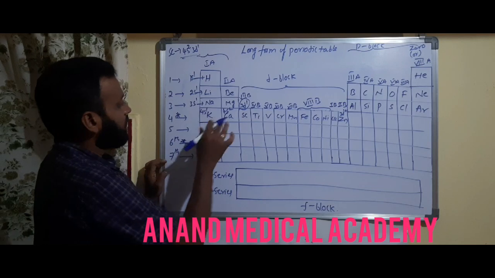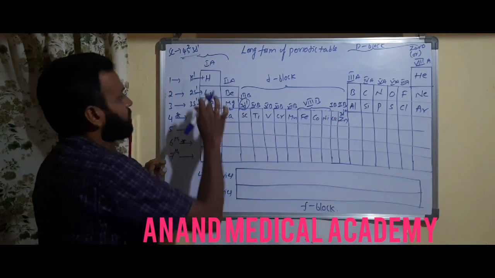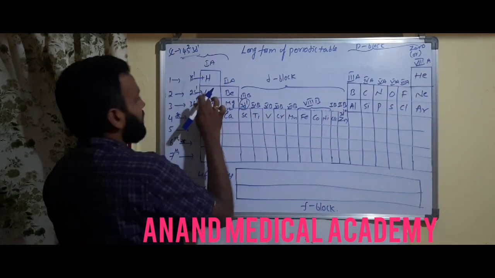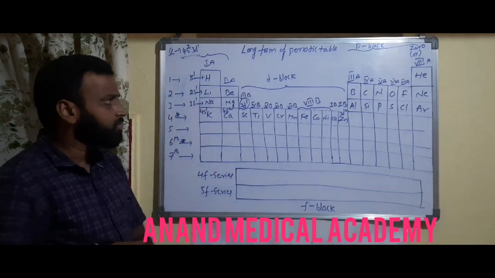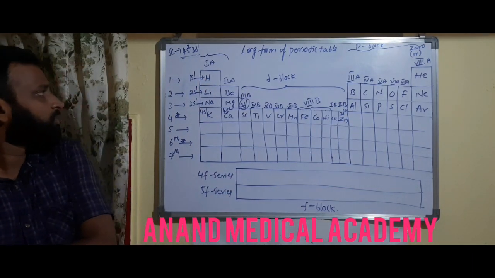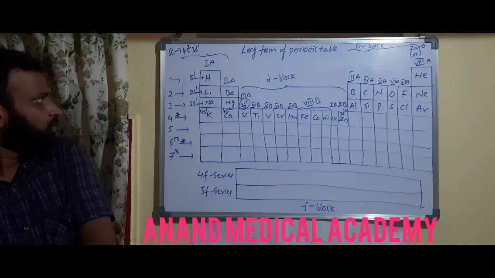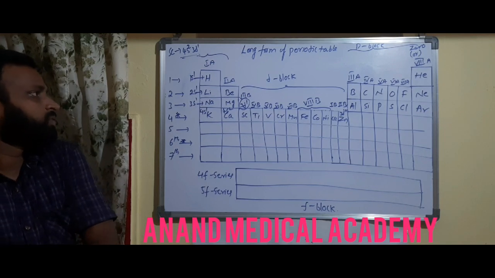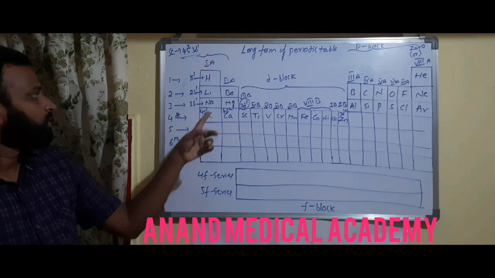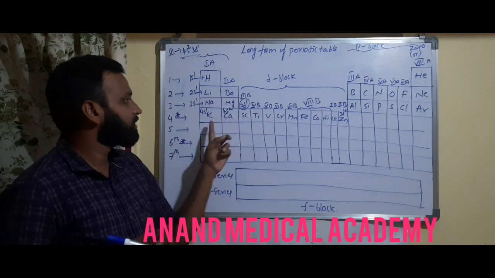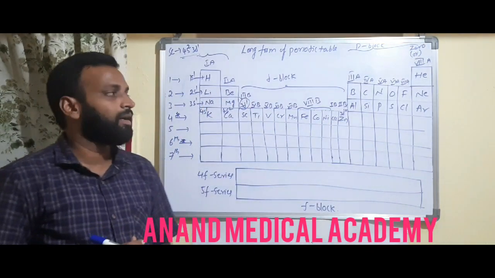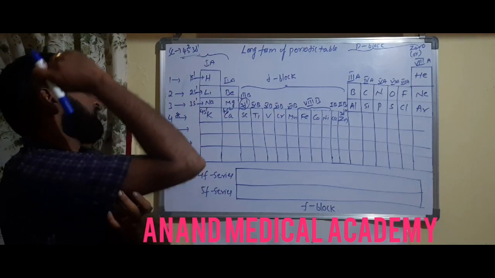Okay. Now here we have filled 30 elements. So 1 and 2 like that. Here you have 1A and 2A, 2 elements. And there you have 8 elements, here 8 elements, and here the remaining. So total how many do you have? Total 30 elements you have.